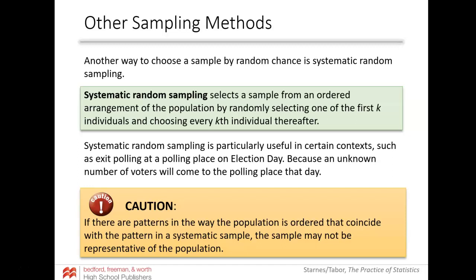All right, so here's a caution for you. If there are any sort of patterns in the way that the population is ordered that happen to coincide with the pattern in the system, you're going to have some weird representation. It's not going to be representative of the population. The example I use for this is